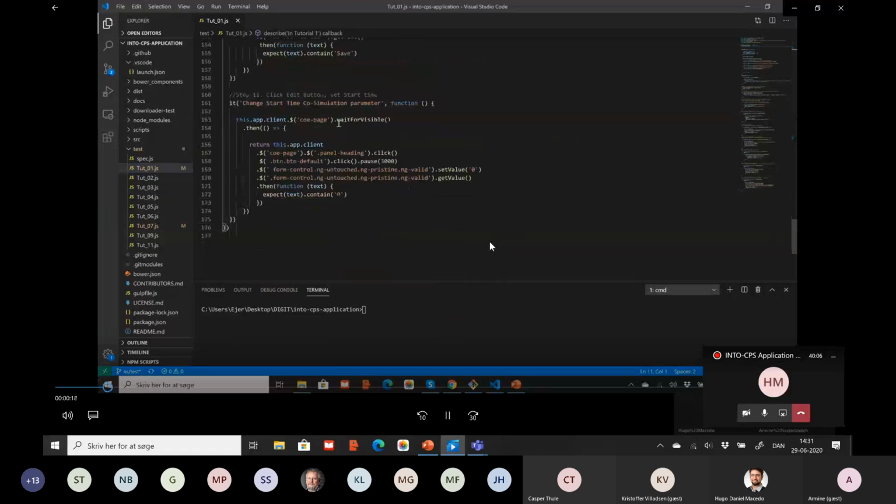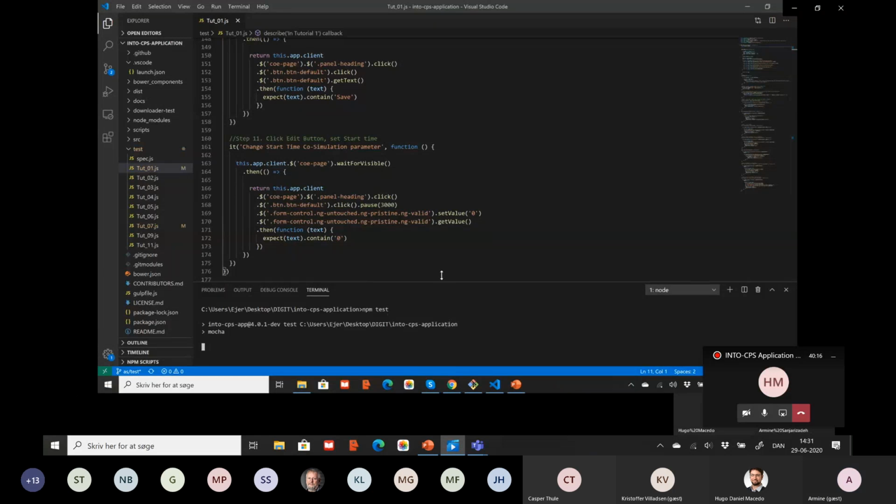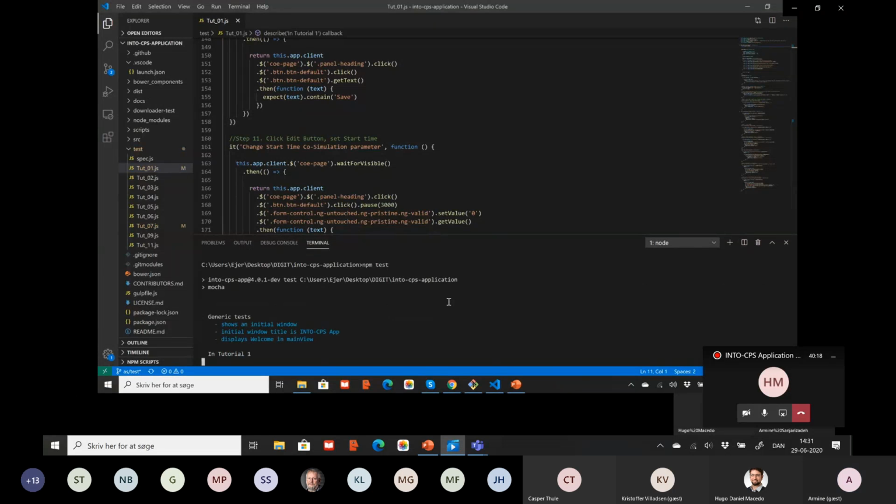Now you have to type npm test to run the test runner, that is Mocha. Spectron is going to launch the app.